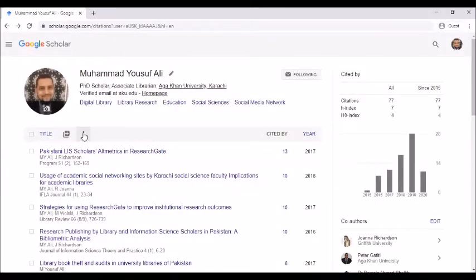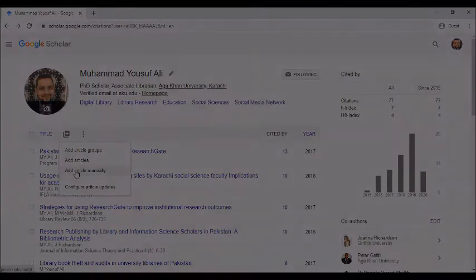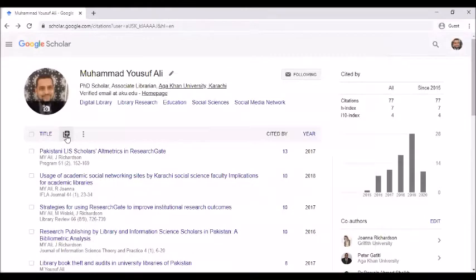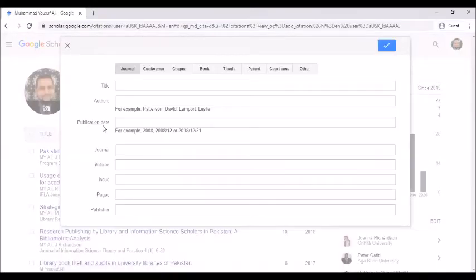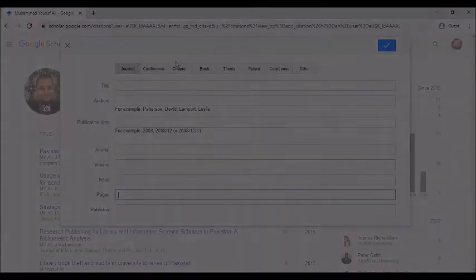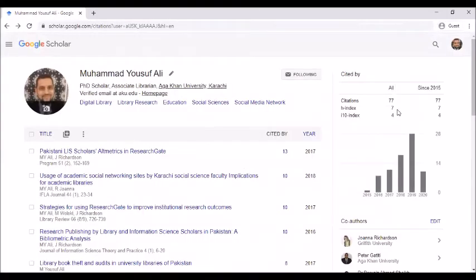We will go to add article, and through this we can add articles from online sources, journals and databases where your article exists. Similarly, you can add your article manually, entering your bibliographical information like title, authors, year of publication, publisher and other respective information.